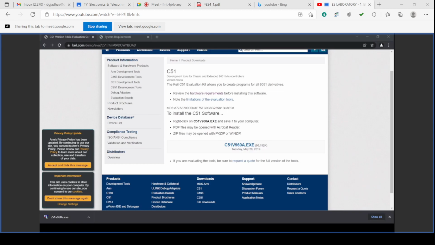C:\Keil_v5, this is the folder where the package is installed. In the same folder, the C51 folder is there, in that HLP folder is there, in that release notes.htm file is there. If you double click that file also, you will get the same. Okay, and all the release notes information is available in this file.